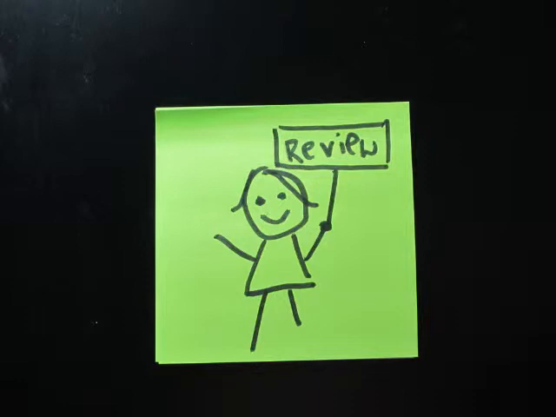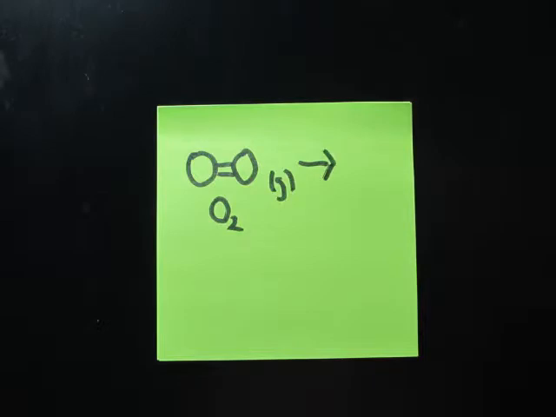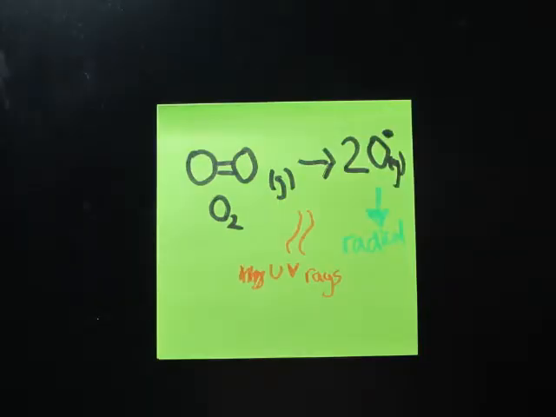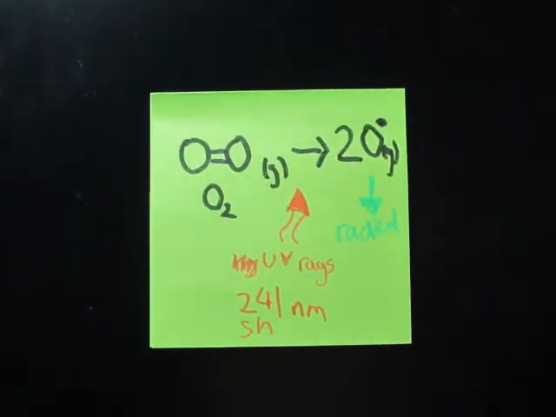So now I will talk more about how this is done. When there's an oxygen molecule, it will break into two oxygen radicals. This is done by UV rays from the sun hitting the oxygen molecule and breaking it apart. The oxygen molecule is hit with a high energy UV ray of around 241 nanometers, which is a short